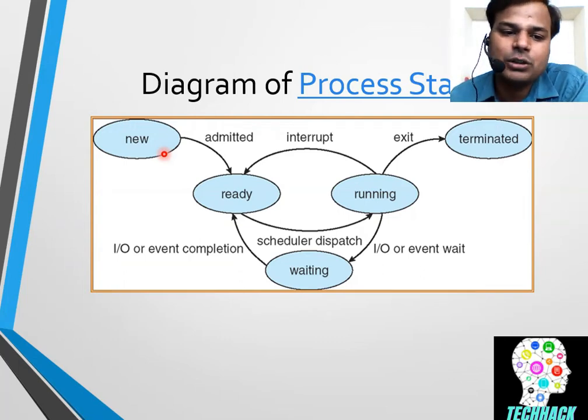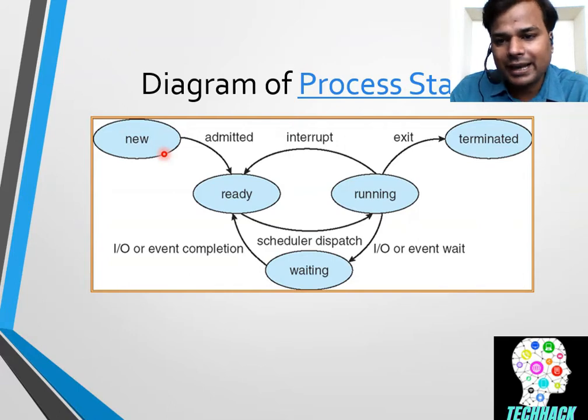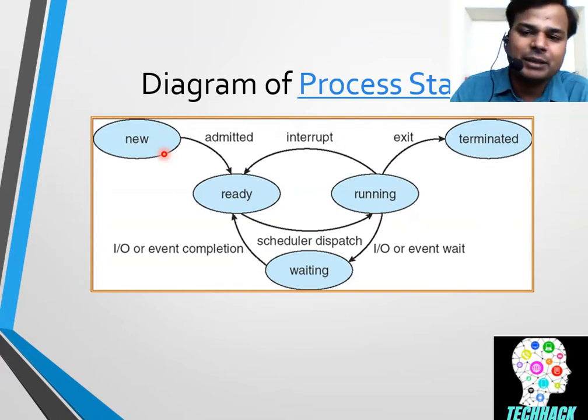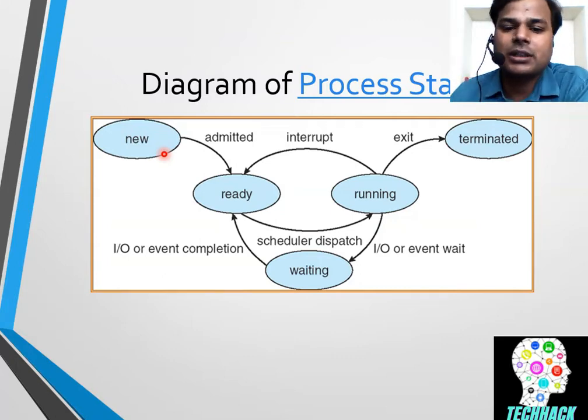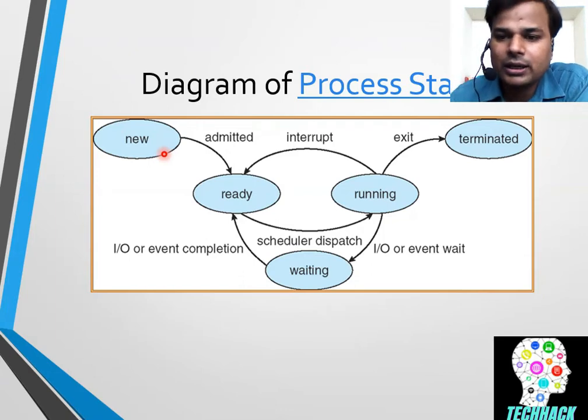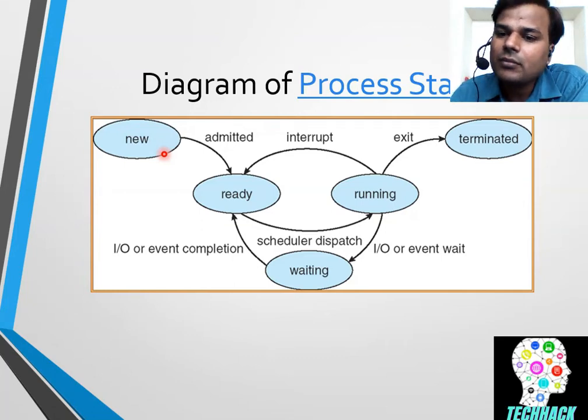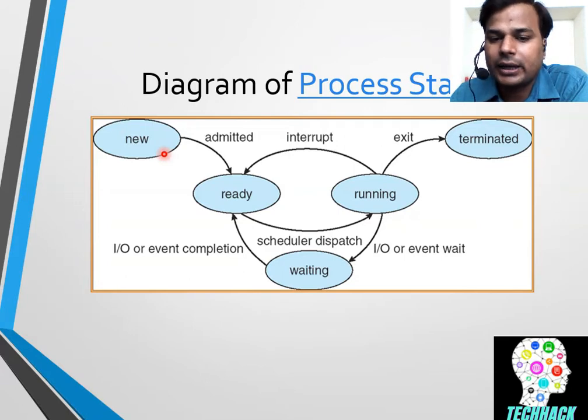When we work with schedulers, first of all, schedulers extract those jobs from the memory pool to the job pool, and from the job pool to the ready queue. Before processes come into the ready queue, when they are selected by the short term scheduler, they come to the new state. Processes are being created to start. Then processes move to the ready state, they are admitted to the ready state.